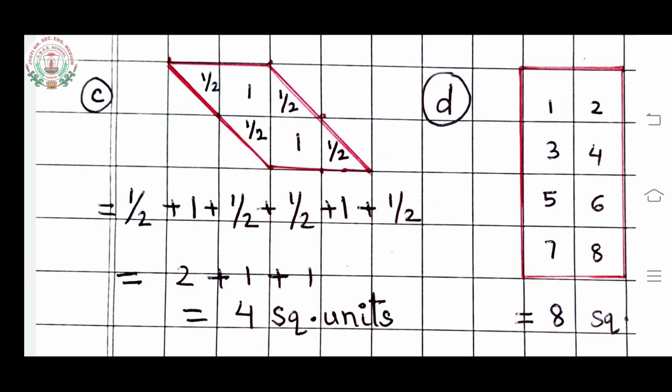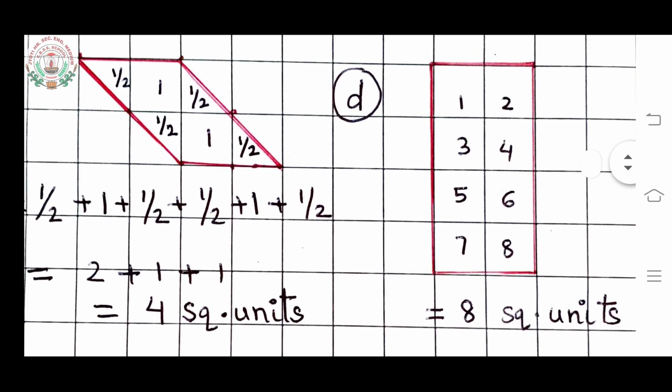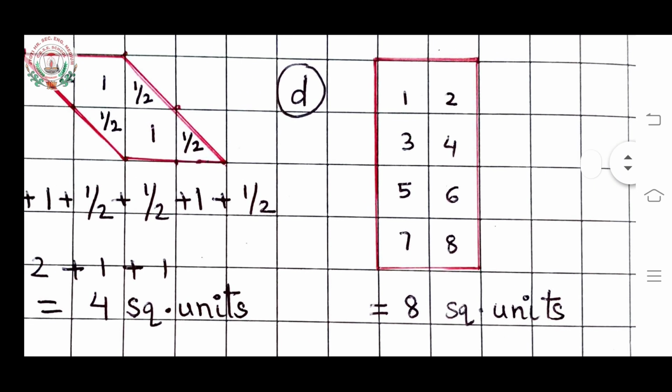So half is what? आधा. तो half plus half is 1. So 2 halves make 1 and 2 halves make 1. So here 1 plus 1 I have written. Now the next figure. It is very simple one. Simplest you can say. Just go on counting. So total 8 boxes or 8 squares are covered here.